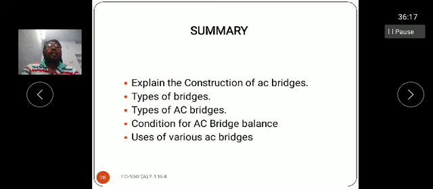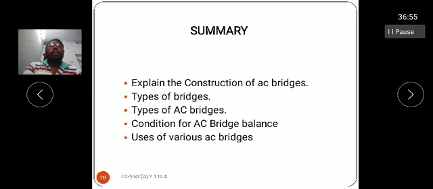After that, what are the types of AC bridges? What are the types of DC bridges? We classify the DC bridges into two different bridges, the Wheatstone bridge and the Kelvin bridge. The Wheatstone bridge is the fundamental measurement of resistance with high accuracy. With the help of the Wheatstone bridge, we are measuring the unknown resistance more accurately, and it is a simple way of measuring resistance.